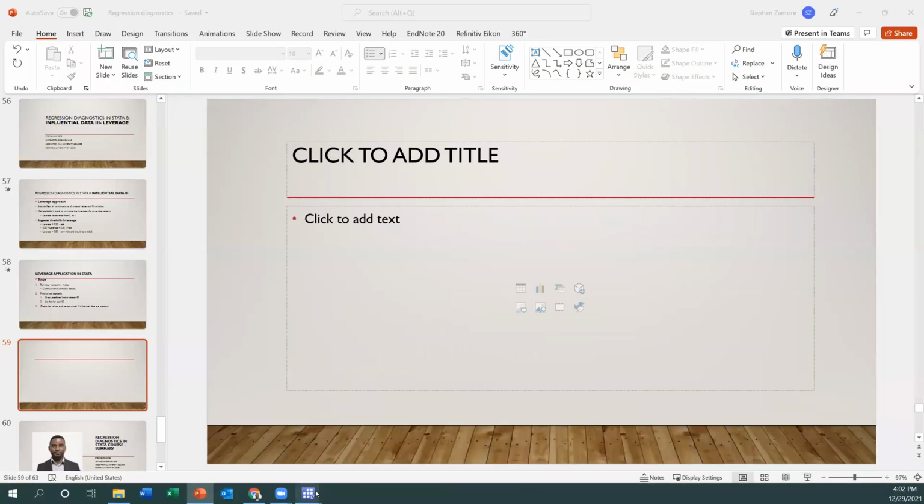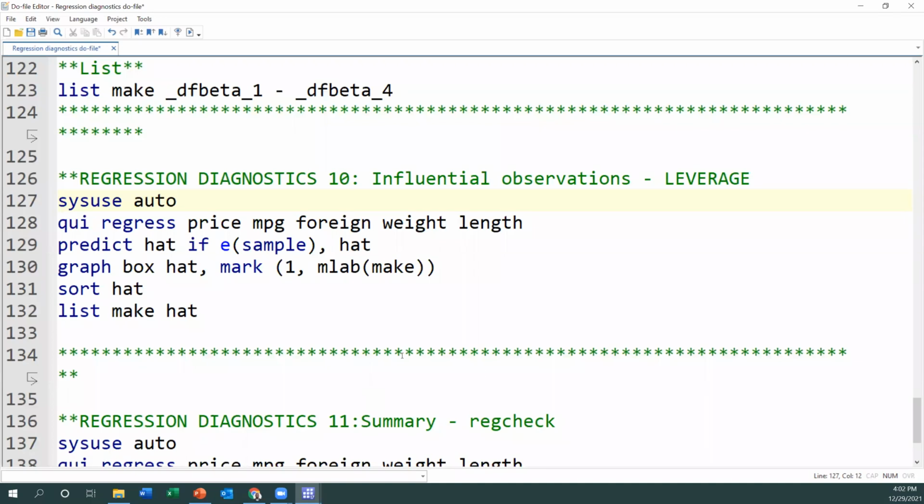So let's do that in STATA now. I open my STATA do file again, and here we are testing influential observations using leverage. I will again load the data set and run my regression model quietly. Next, I will predict the hat statistic. I'll just say predict hat, and I can also use any name, but I have to type the correct one, hat, before I can get it. Okay, once I produce this variable